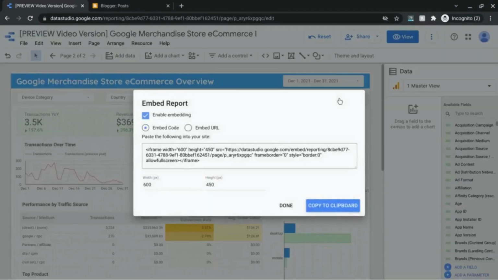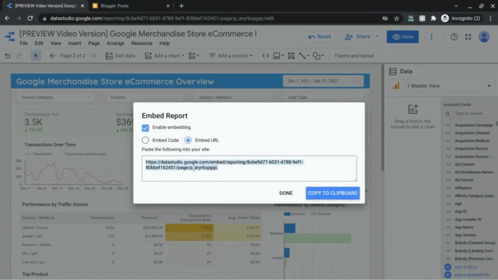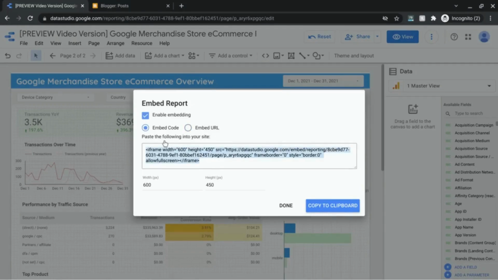In order to embed this into a web page, what you'll do is click on Share drop-down menu and then choose Embed Report. So it's enabled for embedding, and there are two options you can choose. You can embed with this code provided here, or you can just embed the URL, where you would just copy and paste this URL in a field for your website so that it'll just appear on the web page. But we're going to go with the embed code, and it gives you these fields for width and height, and you can adjust those if you want, but we're just going to go with the default